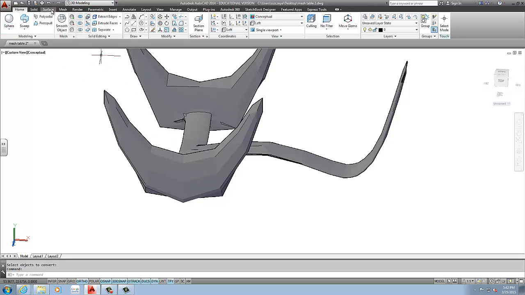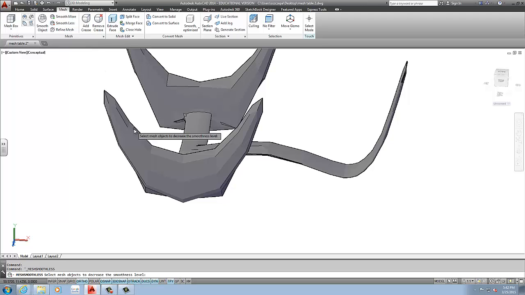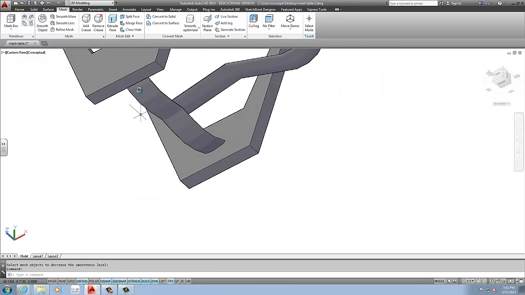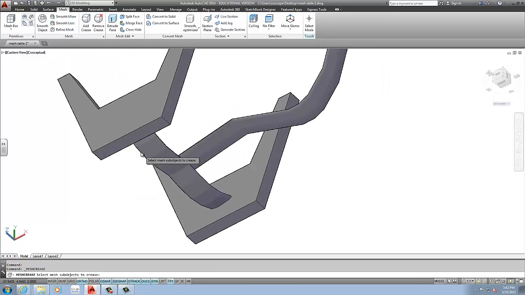If I don't like it, I can unsmooth it. And that will also remove it, going back to the mesh. So that's pretty simple. And now if I smooth this out, I'm going to add those creases, because I need those creases so you can see